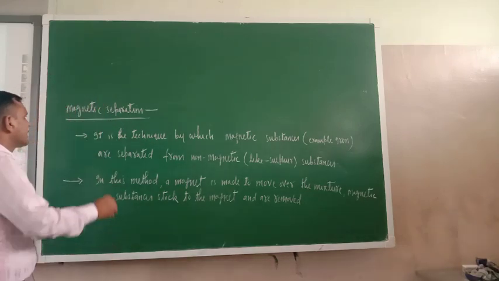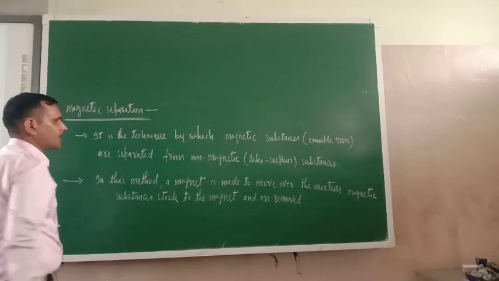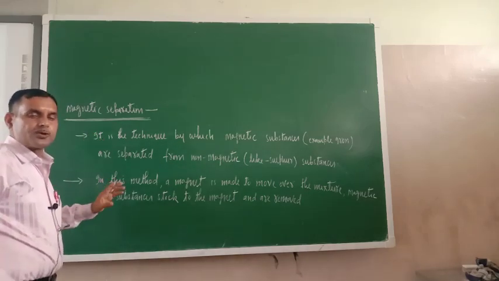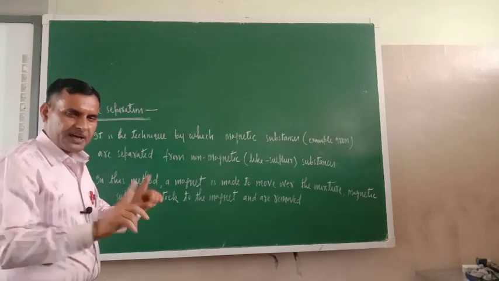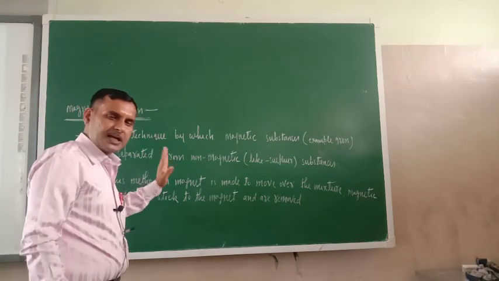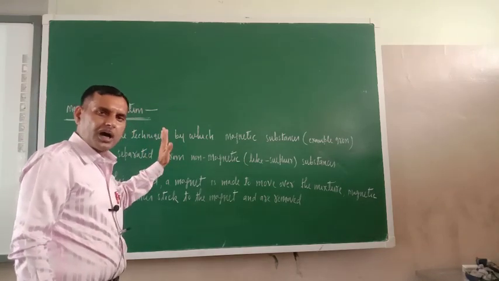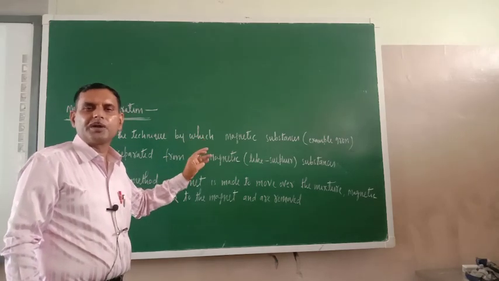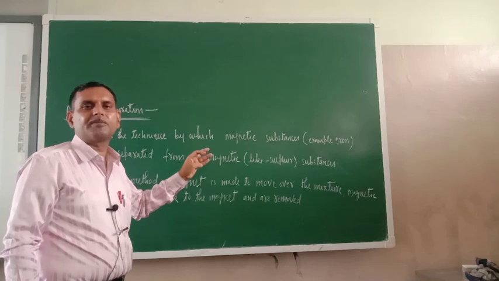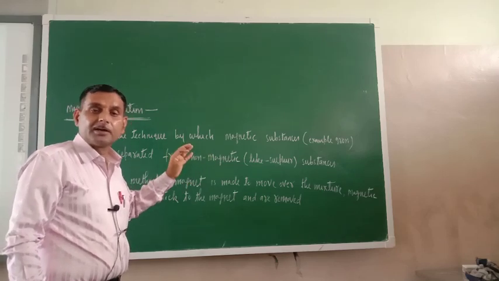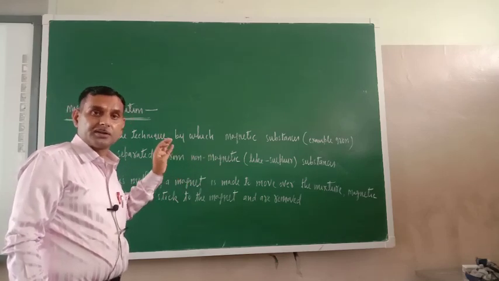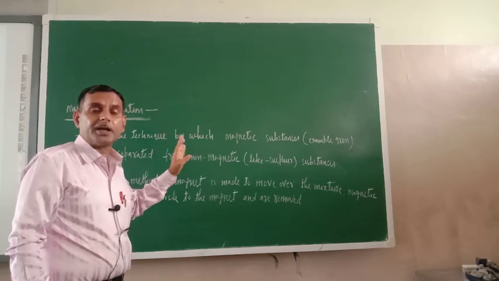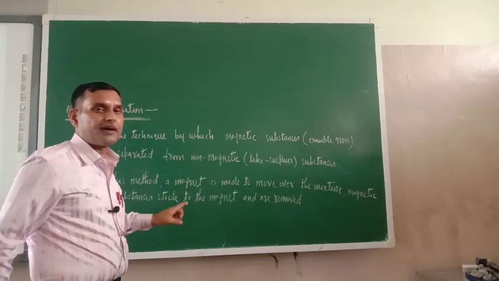Next one is magnetic separation. What is the next one? The technique is magnetic separation. In that video, whatever techniques I have completed as of now, I have also told you. Sieving we have completed, winnowing we have completed, hand picking we have completed, and sorry, threshing we have completed. Those four techniques, that summary also I have given you.